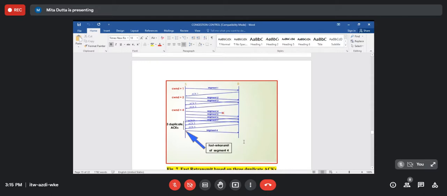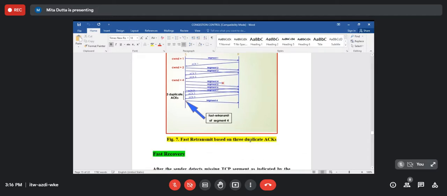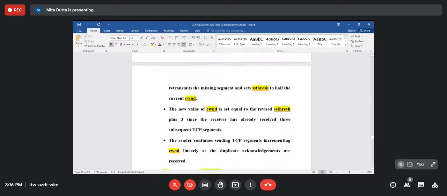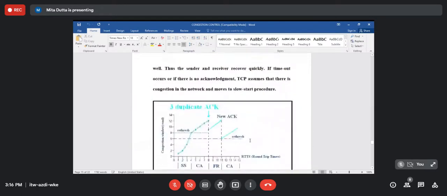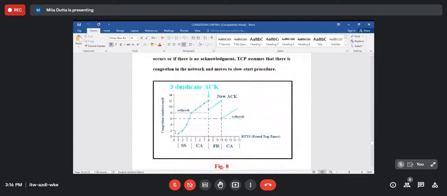Clear? Yes, this is the fast retransmit of the packet which has been lost in a network due to congestion. And next is fast recovery. Now here what we have seen